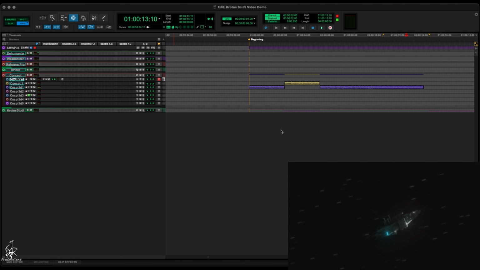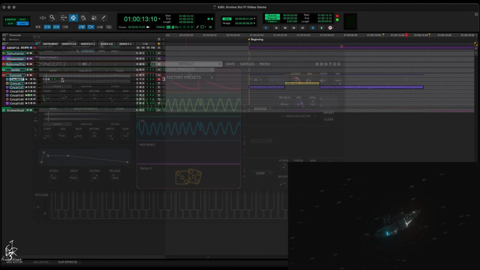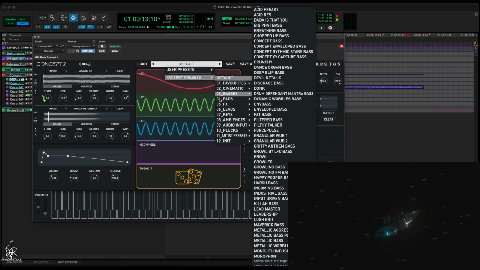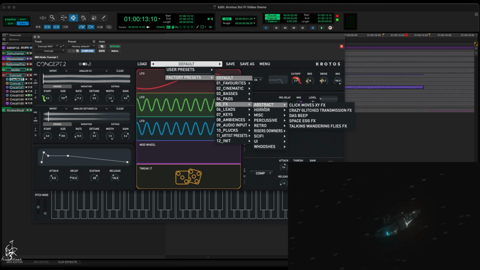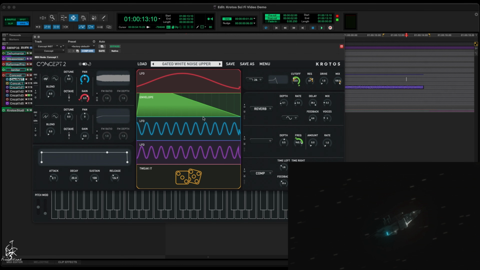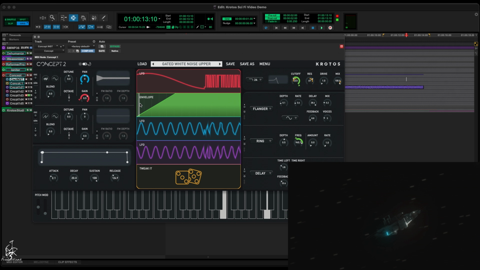So I think we could do something with concept for this warp speed also. It's great about these presets, they're such a good place to get started with stuff. There's a lot going on this screen, and you might not know what everything does, but getting the presets going can really get you in the right place. So we can go ahead and start maybe with a gated noise here, and we can hear